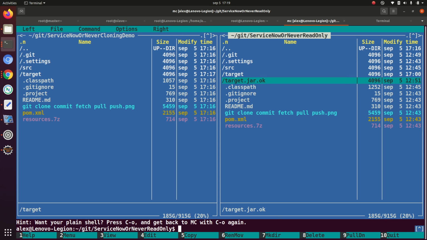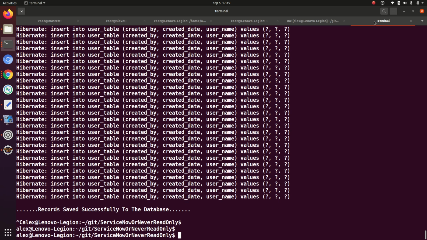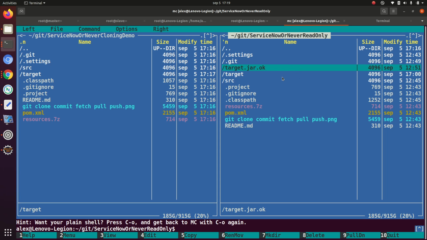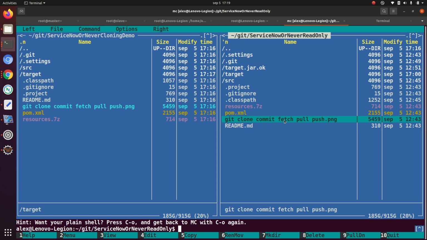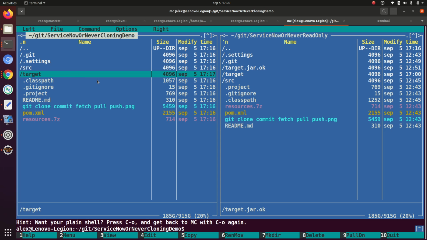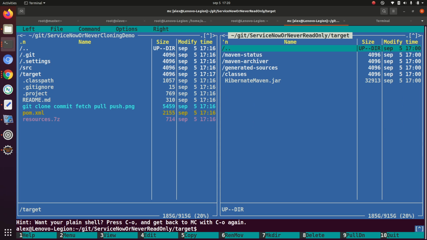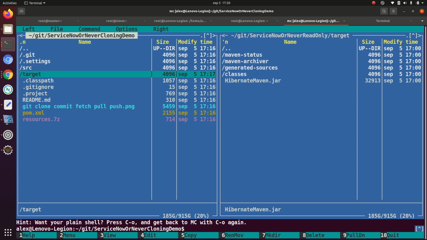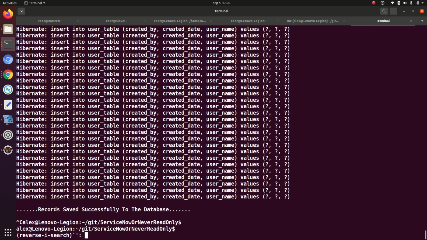This is the read-only project I used in order to insert the data into MariaDB, and the cloning demo folder, as you can see, in read-only target I have the jar file, and in the cloning demo I don't have the jar file,